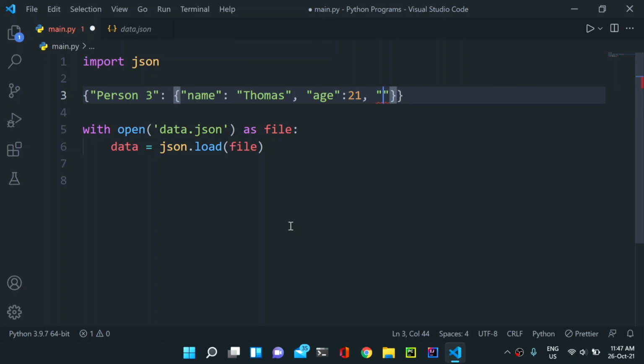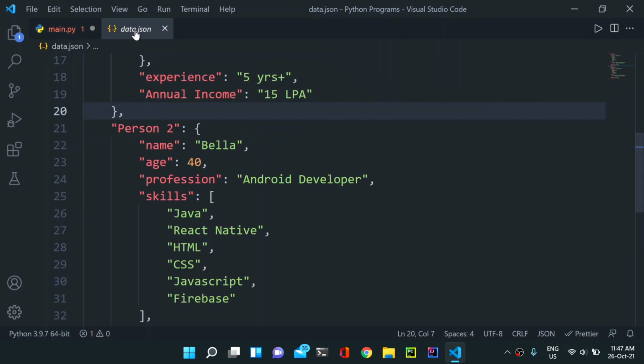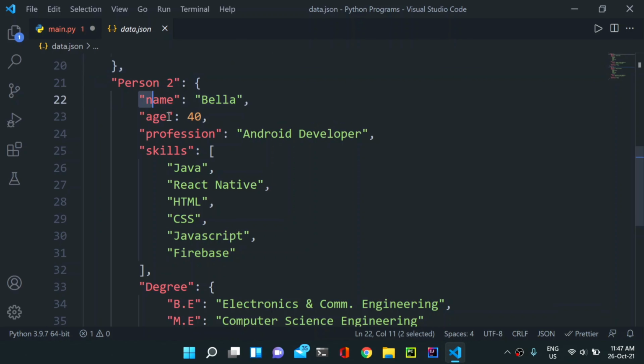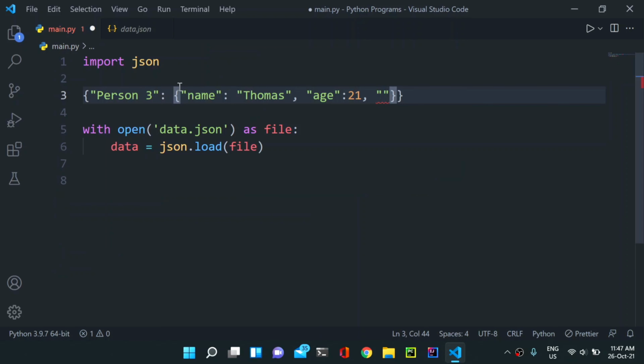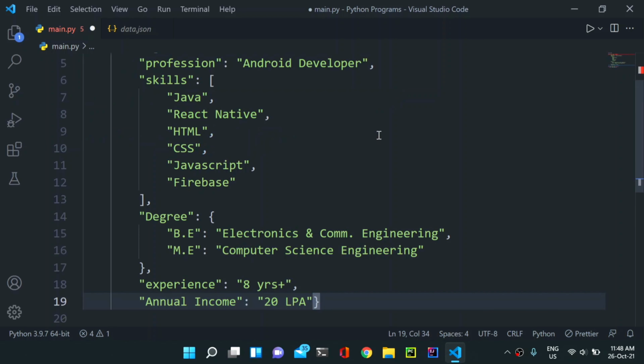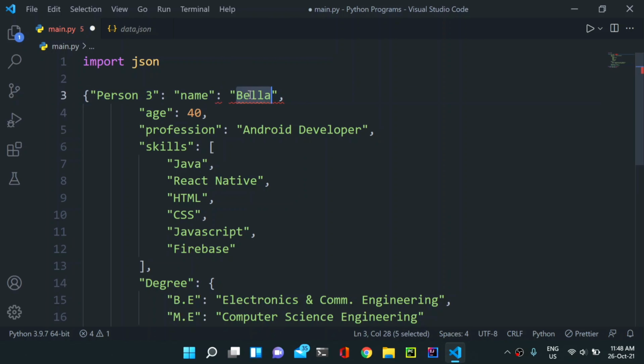Then we will similarly have what do we have there. So I will simply copy this. Basically I will simply copy this up to here like this, and then I will simply paste it here. Okay, so let me just now change this. So name will be Thomas, age will be 40.